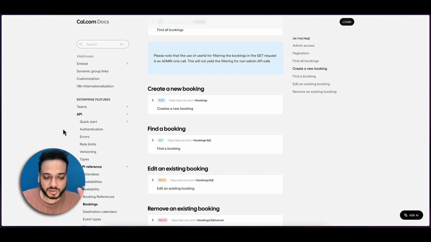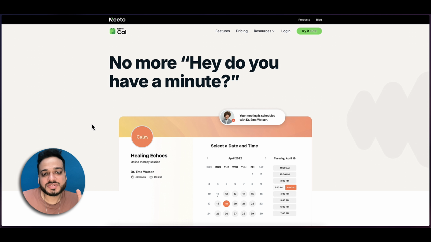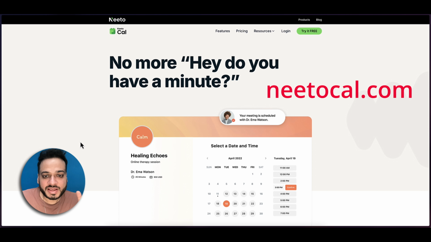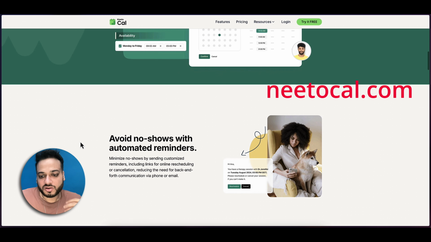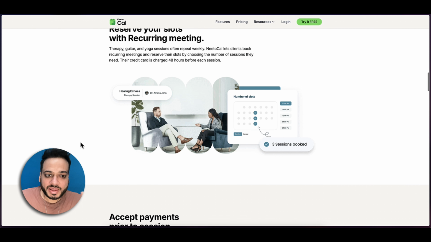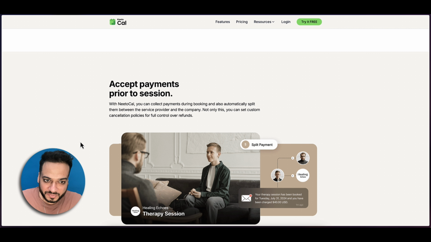So because all these tools offer so much control and so much refinement on my meetings, I wanted to use all of them, but there is simply just not an option, right? But there is one tool which is called NeetoCal, which is this, and this tool is just wonderful, right? It has all the features which you can find on all these tools like Calendly or cal.com or other premium ones, and all of them are for free. You can also link your Stripe accounts and take payments from your customers in NeetoCal without any paid plans.